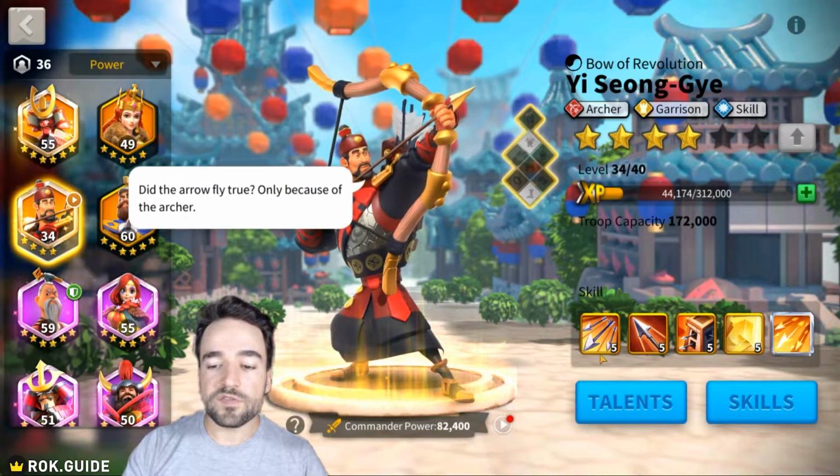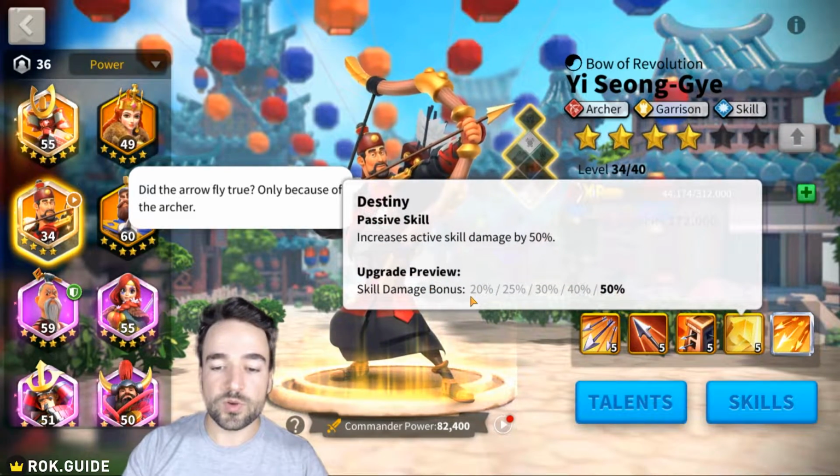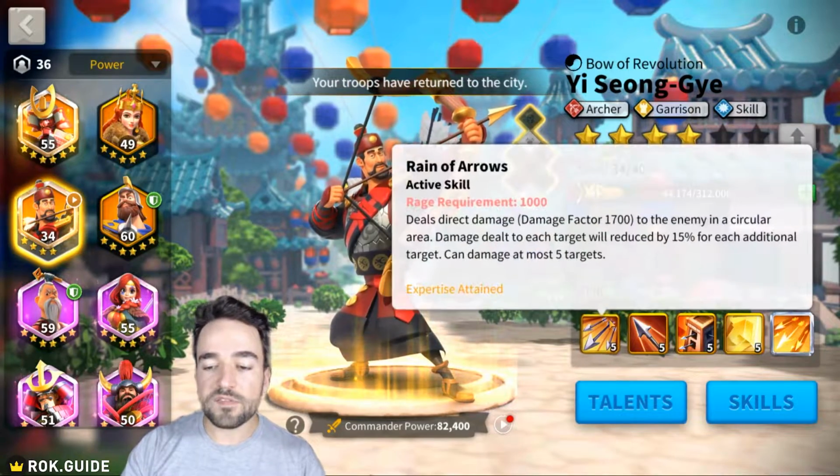But if you have a 5, 5, 1, 1, you will still gain a very decent amount of damage. You'll still get 20% at least. And then you will try and put more talents, more sculptures into him over time, and hopefully, they will land in here. But as a 5, 5, 1, 1,